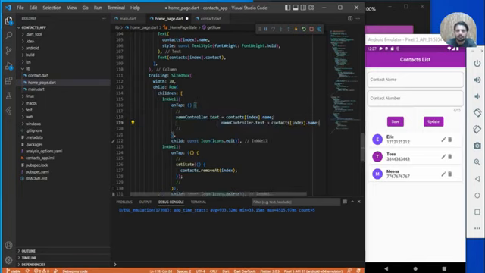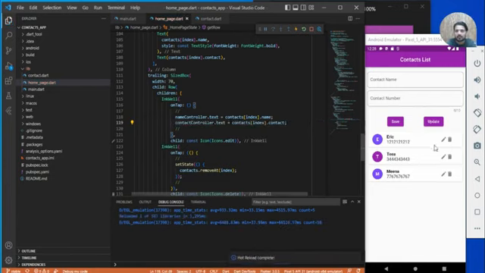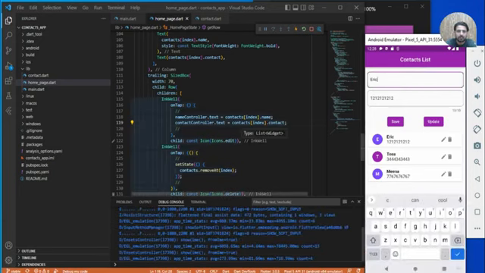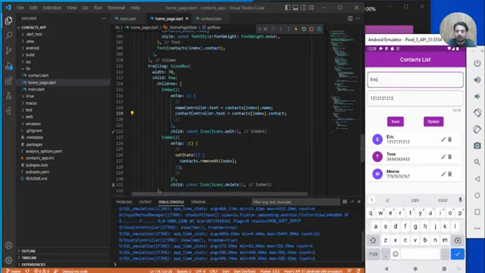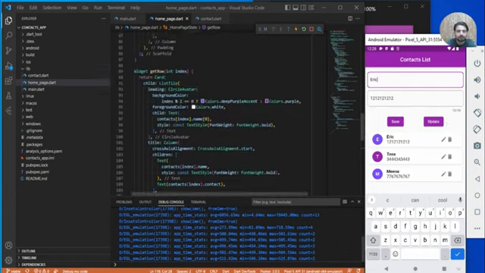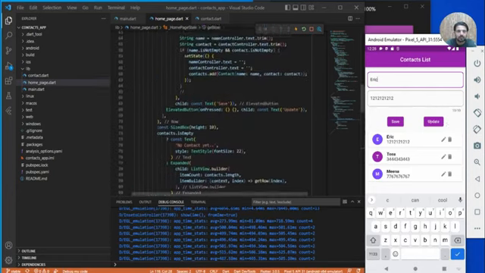Same way you can try with contact, and here we will be using contact controller. Save this, and let's try to tap on this, and you got these values over here. So you can modify this, and once you tap on update button, so we can do what? On update,